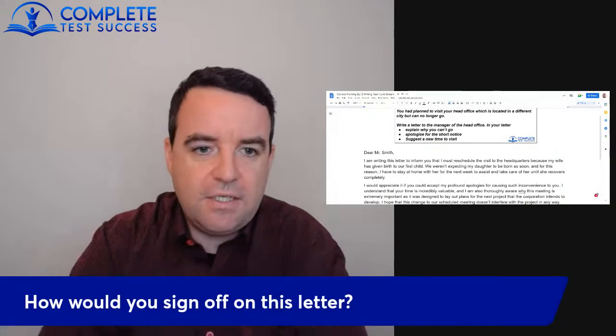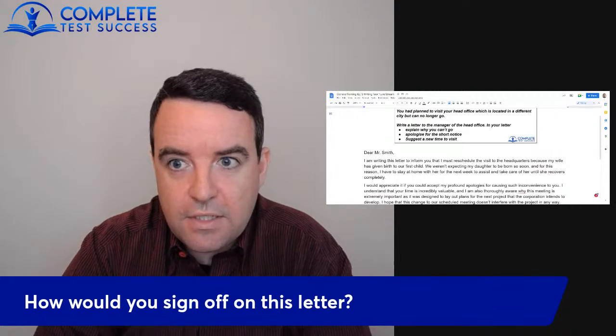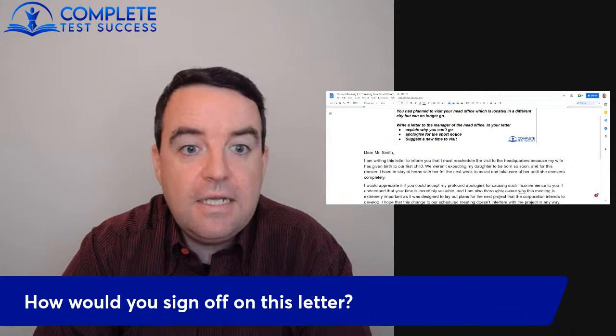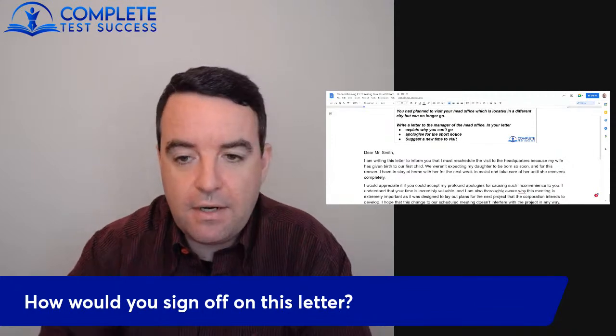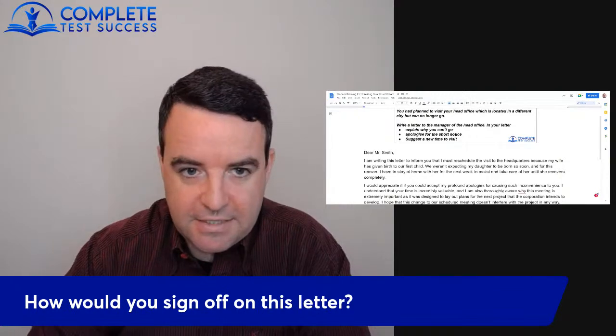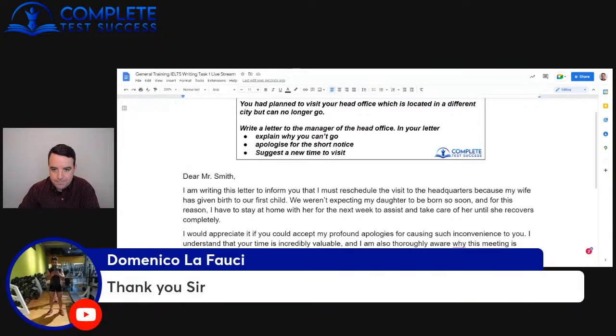The last thing we need to do then is to sign off. So the only thing that you can really do wrong is sign off in a way that is informal. It is a formal letter. Our sign off must be formal. So let's make this the last task of today's lesson. How would you sign off this letter? So again, in the comments, let me know, and we'll finish up there for today.